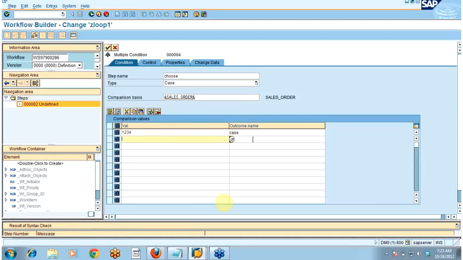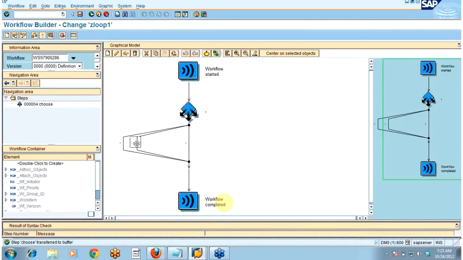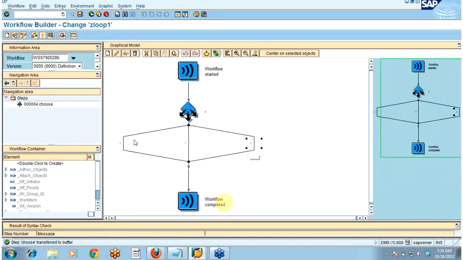Here you can provide any dynamic value depending upon the requirement. So 2, 3, 4, 5, case 2. 3, 4, 5, 6, case 3. Here also in value you can provide any dynamic value. So here you can see 3 branching. I have got 3 branching. You can have more. Since I have defined only case 3, you can have n number of branches. So in case 1,